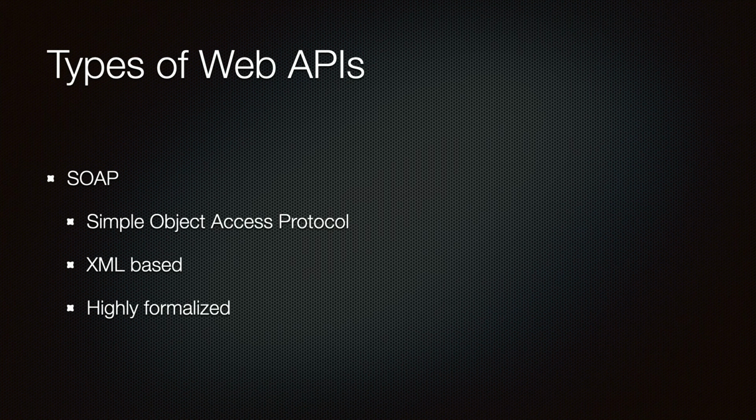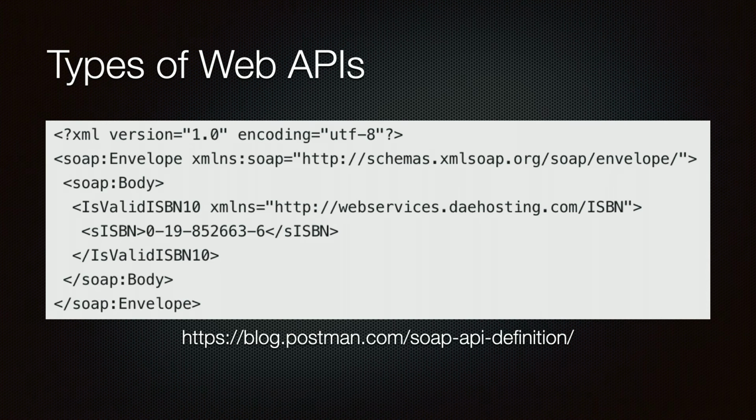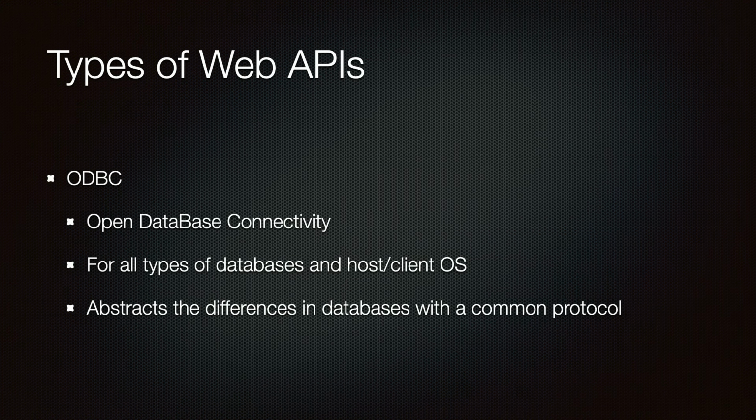One type of web API is called SOAP. It stands for Simple Object Access Protocol. It uses XML heavily and is common in financial and other regulated fields. ODBC is an interface to databases. It's not HTTP based like SOAP, but it does work over the internet. Most databases are based on structured query language, or SQL. There are many different flavors, such as proprietary Microsoft SQL, MySQL, MariaDB, even SQLite all have ODBC drivers. ODBC even has drivers for things like Excel and CSV.